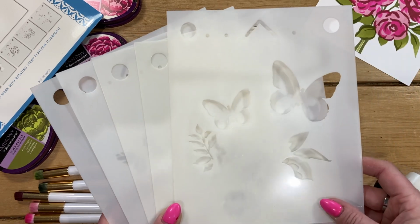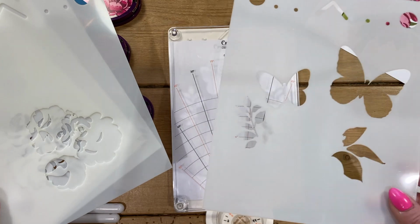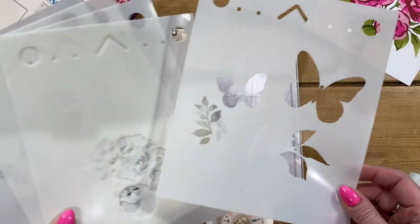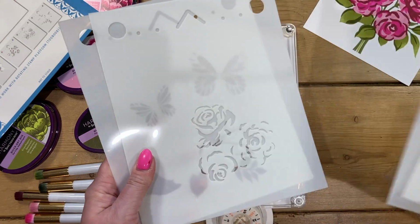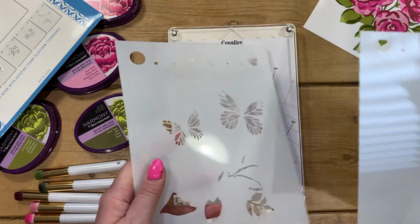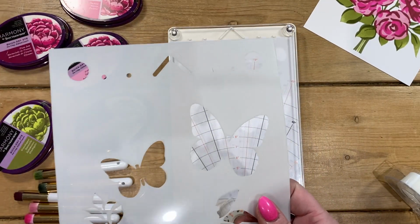They did also come in order in the packaging, but I'll just show you again here. So you can see this is just a really big outline, and you can use these on their own. You might just want a nice silhouette of a butterfly. So, you know, you don't have to use them in the stages that they've been made. But you can just see each one there slightly different and a bit more detailed until you get to the very end one there. So I'm going to take my first one,